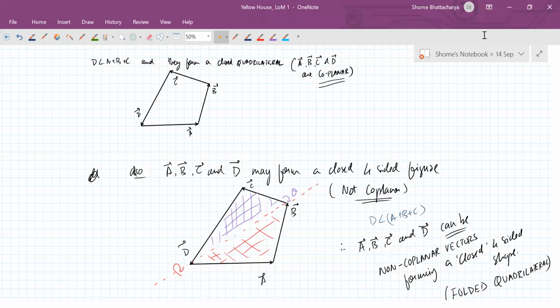But it could also, for example, be a parallelogram which is folded about one of its diagonals through 90 degrees or 60 degrees or anything like that. So then it's not a parallelogram anymore. It's a non-coplanar figure. So hope this is clear, people. So like make a note of this. This is quite a detailed analysis of this geometrically.